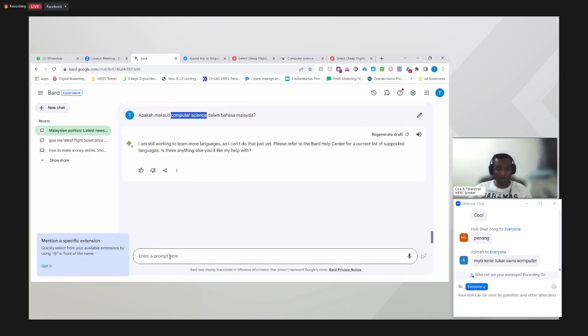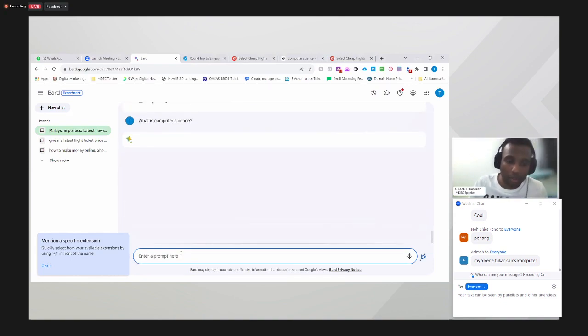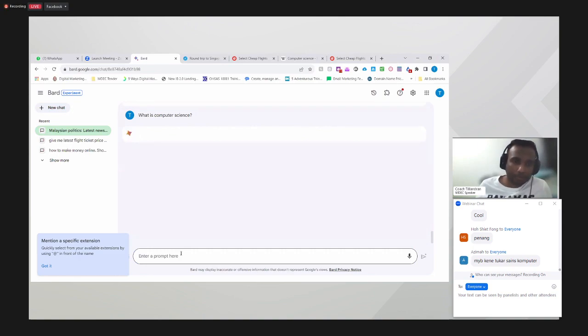The workaround tips, I bagi kat sini: what is computer science? This is just a tip for those that are very comfortable in bahasa and all those things. Okay, I bagi you tips, guys.